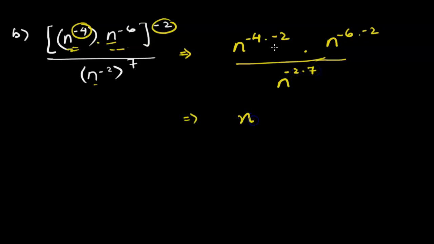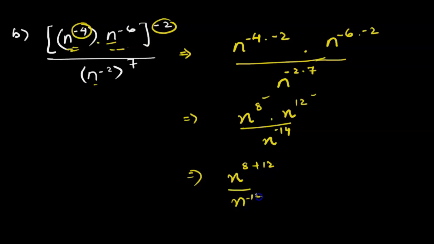Finally, we get n to the power of -4 times -2, which is 8, times n to the power of -6 times -2, which is 12. And on the denominator, we have n to the power of -2 times 7, which is -14. Now we notice it's only one base, that is n, and the base is the same. So we just follow the laws of exponents. When it's multiplication, we add the powers. So we would do 8 plus 12 over n to the power of -14,